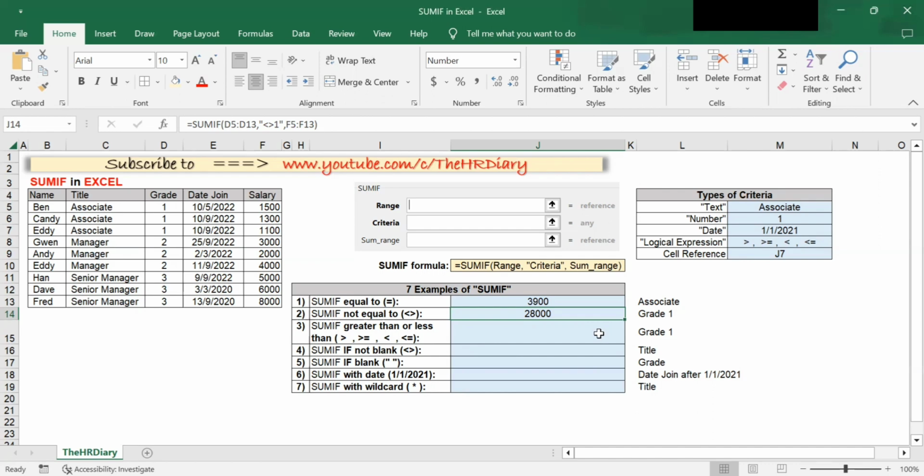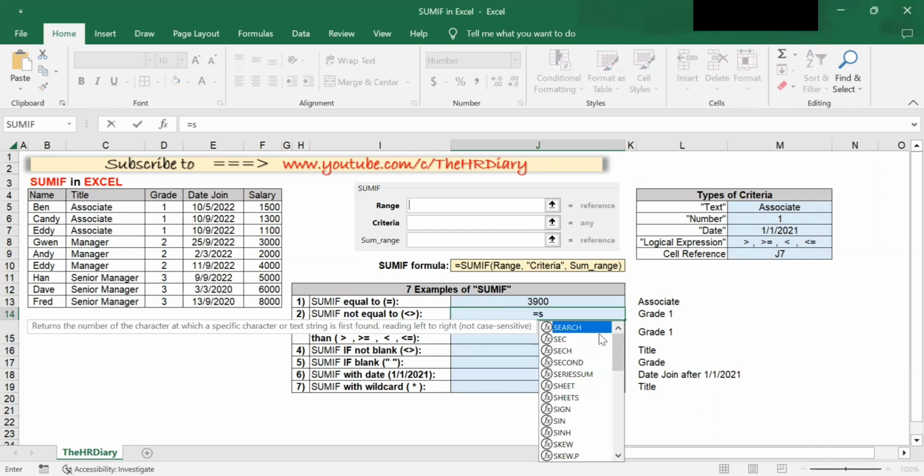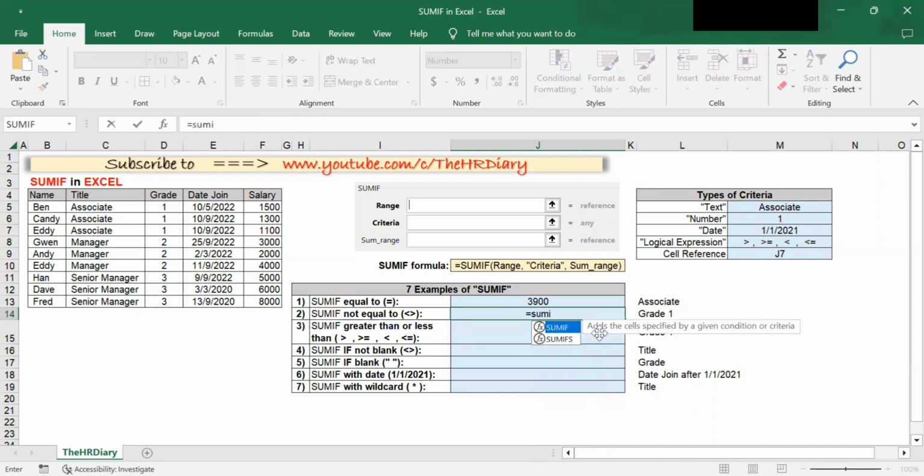You type equal SUMIF, open bracket, then you select the column here, put a comma, okay, and the key thing is you type this N, and then you pick the cell, which is M6,